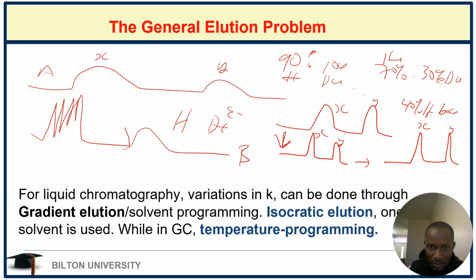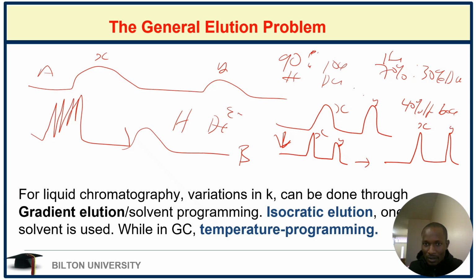And we also have what is called solvent programming, and sometimes we have what is called isocratic elution. So let's say you are running it, you have tried, and when you reach 40%, 60%, you are now having a proper separation, and then you decide, okay, in this column, or in this GC, or in this HPLC, I'm going to run it with a solvent system of 40-60 throughout. So the difference between gradient elution and isocratic elution is that in gradient elution you run it with several